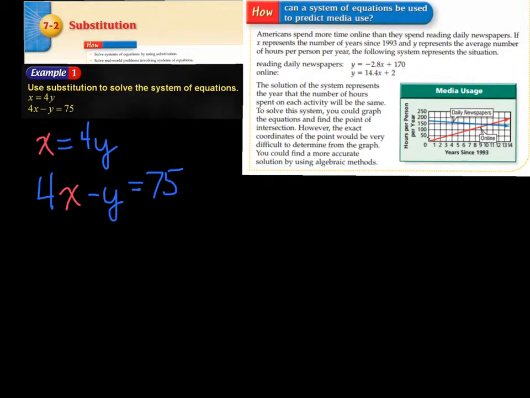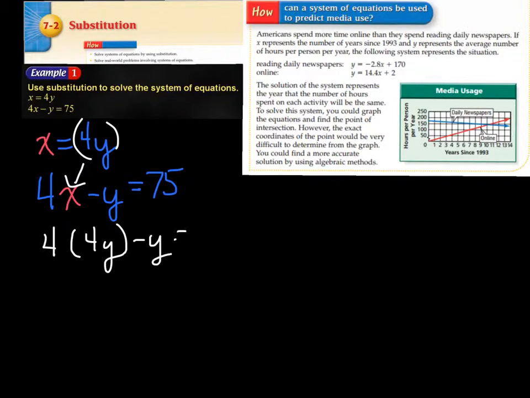To substitute means to put something in place of something else. So in example 1, they say use substitution to solve the system of equations. I went ahead and rewrote it using color to emphasize x equals 4y. So then where there was an x, I'm going to replace it with what x equals. So I'm going to have 4 times 4y